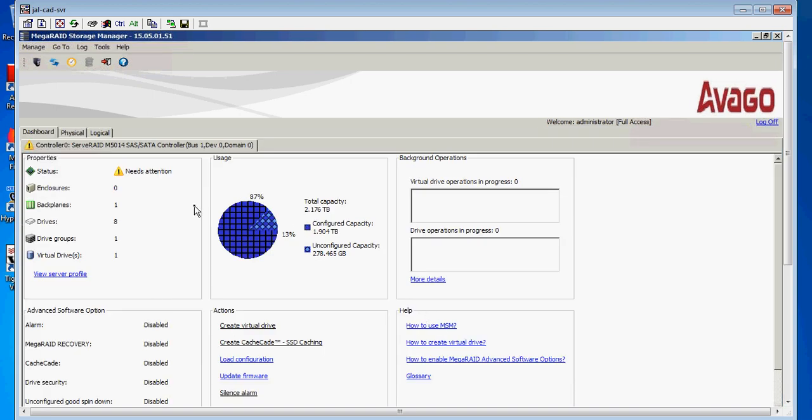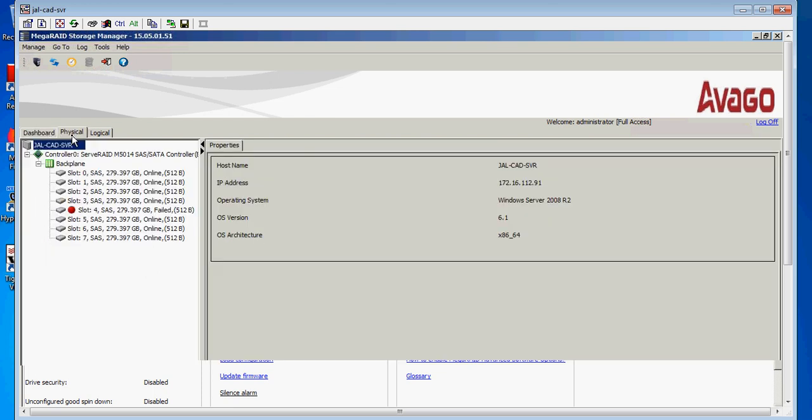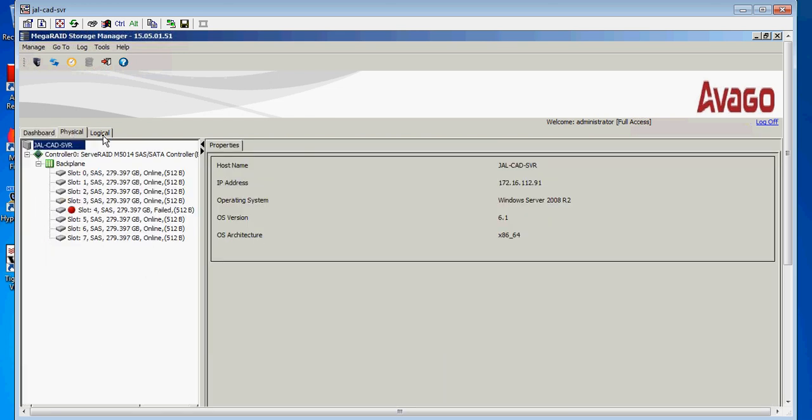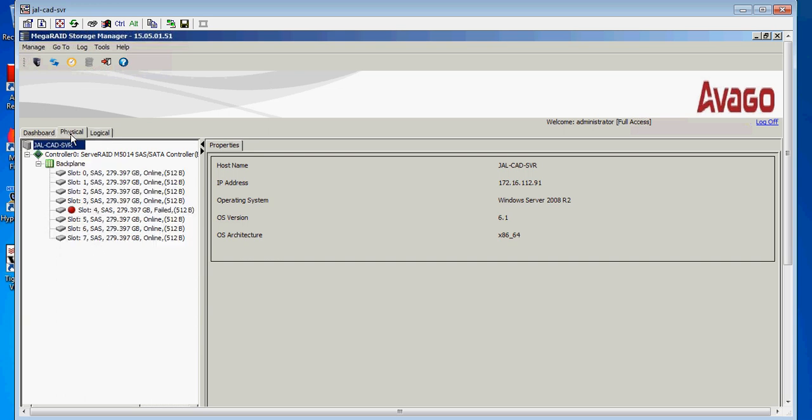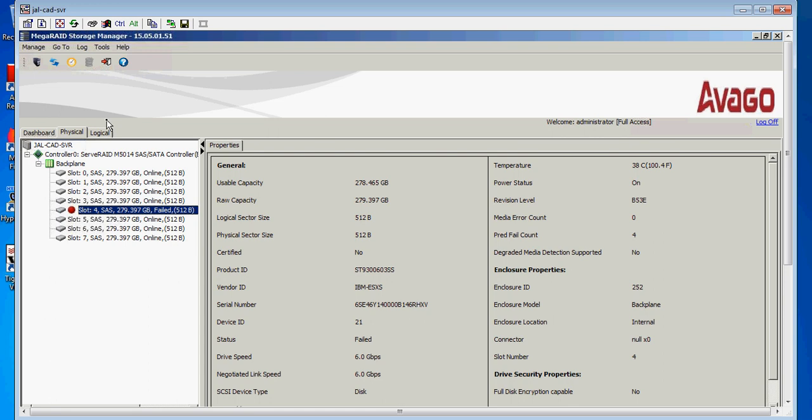Now this is the dashboard, with the physical hard disks and the logical one. So friends, we can see here that the slot 4 SAS 279 GB hard disk has failed. This is a RAID 5 hard disk, so we must change it.